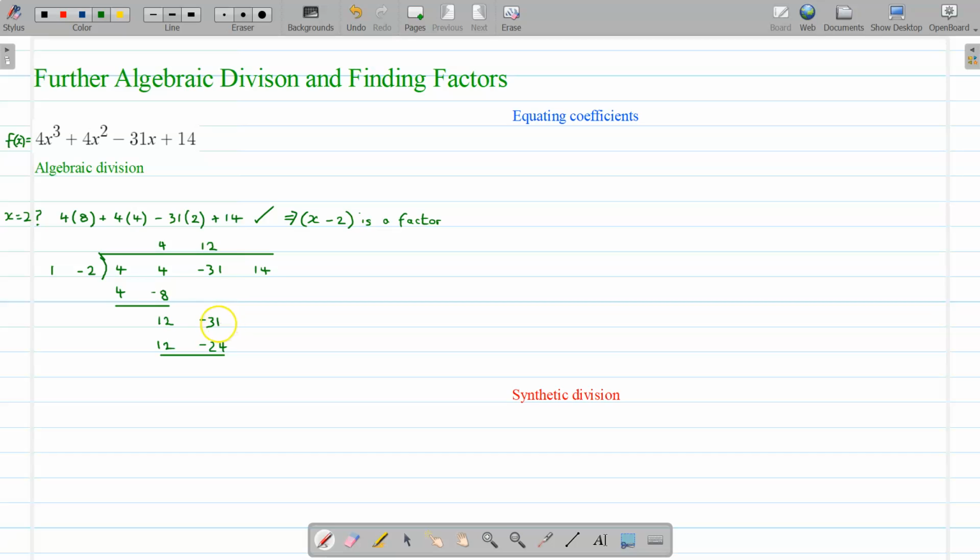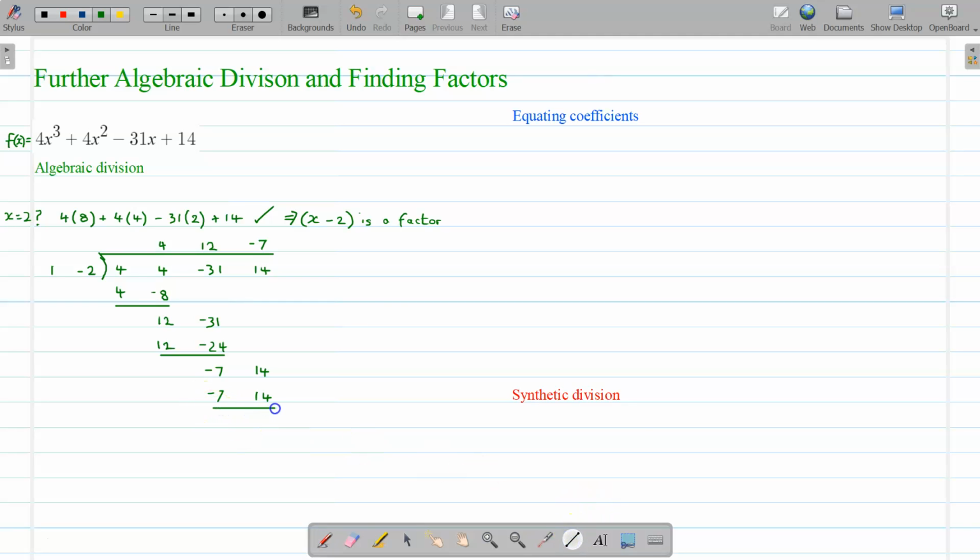And we've got negative 31, take away negative 24, is negative 31 plus 24, which is negative 7. Bring down the 14, and we should get an exact answer here. 1 negative 2 into negative 7, 14, goes negative 7 times, because again I'm looking only at the first number in each pair. Negative 7 times 1 is negative 7. Negative 7 times negative 2 is plus 14, which is what we have above, which means there's no remainder,